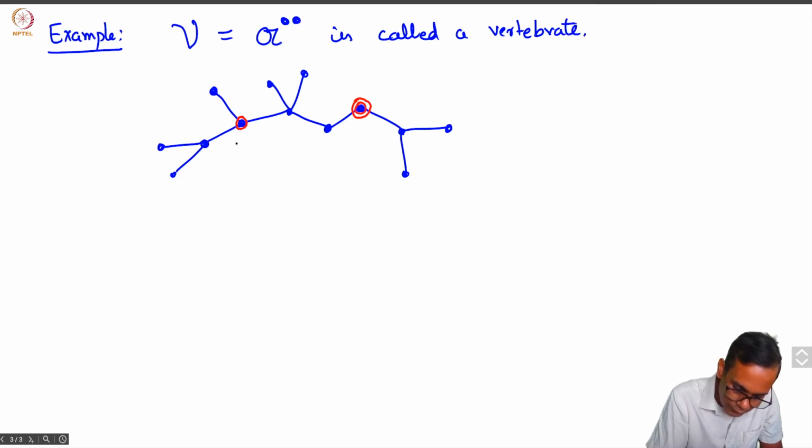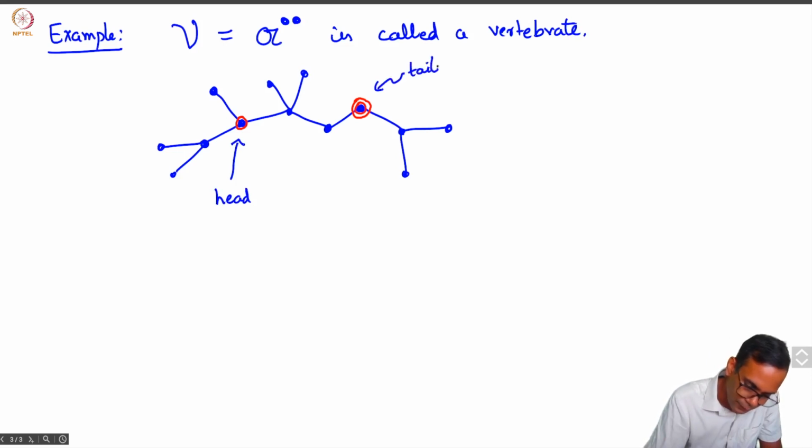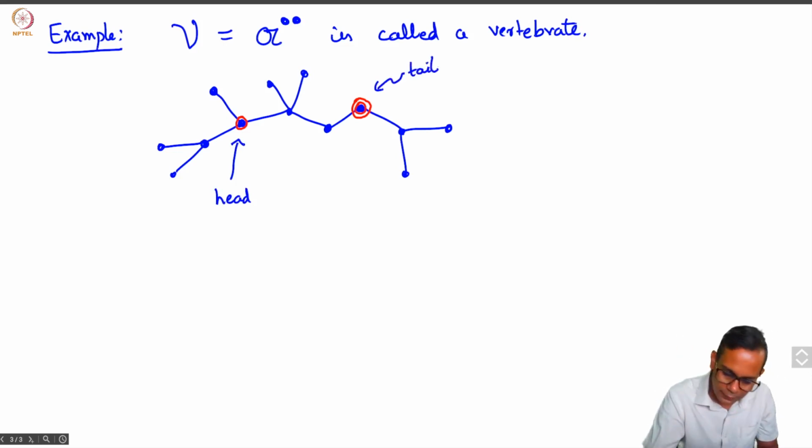The first point I will call a head, and the second point I will call a tail. And because this is a tree, there's a unique path actually joining the head and the tail. And that you can think of as the vertebral column. So this is the vertebral column. It has 1, 2,